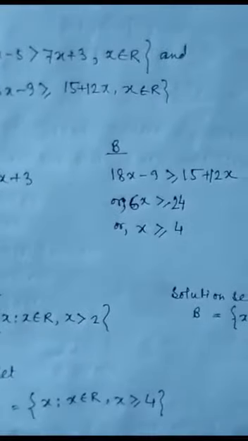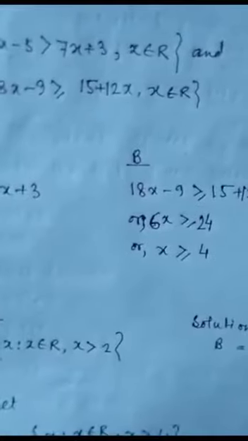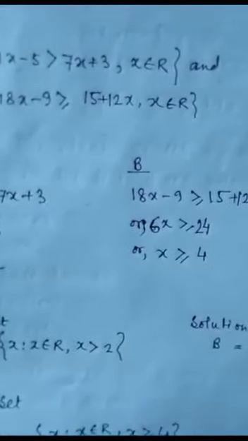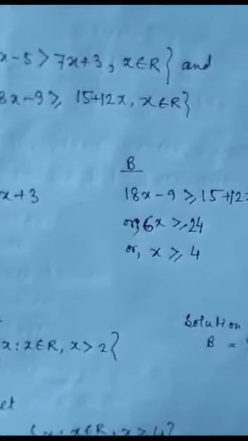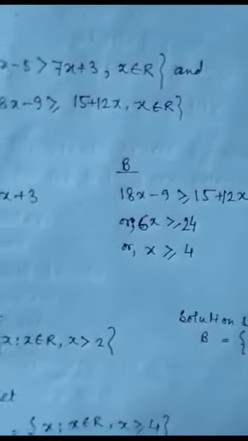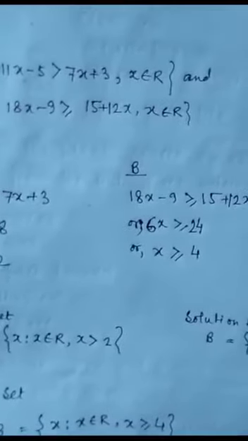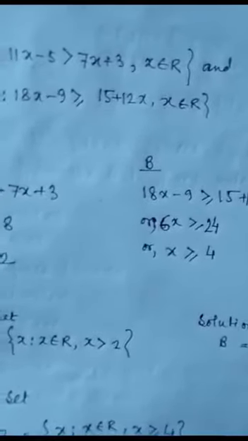Now we need to find the range of set A intersection B. What is in A intersection B? In mathematics, the intersection of two sets A and B is the set containing all elements of A that also belong to B. And what is A union B? The set of all those elements that belong to either A or B or both.